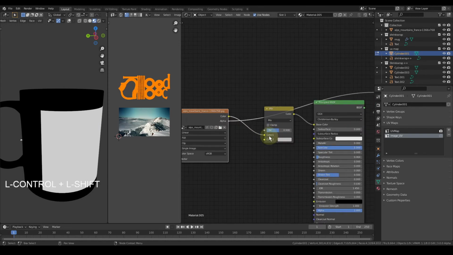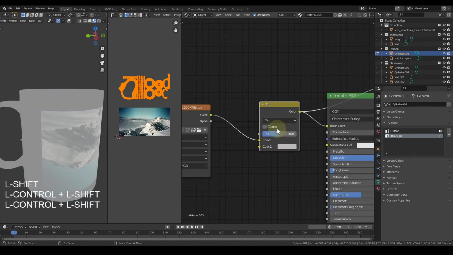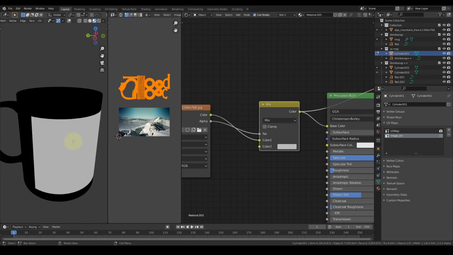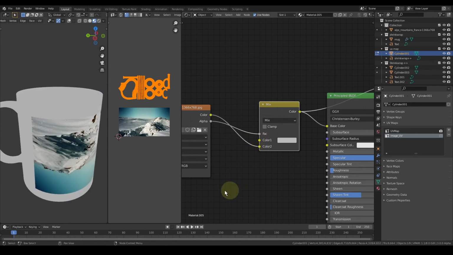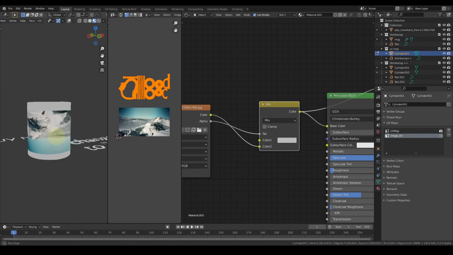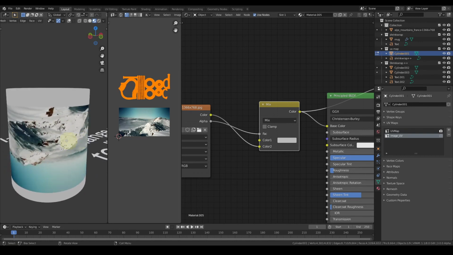So if we take this alpha output and plug it into factor, we see black and white. Now the problem here is it is slightly inverse. So we are going to take this and plug it into the other color. And now everything is being displayed correctly. Now you can see the image is reversed.